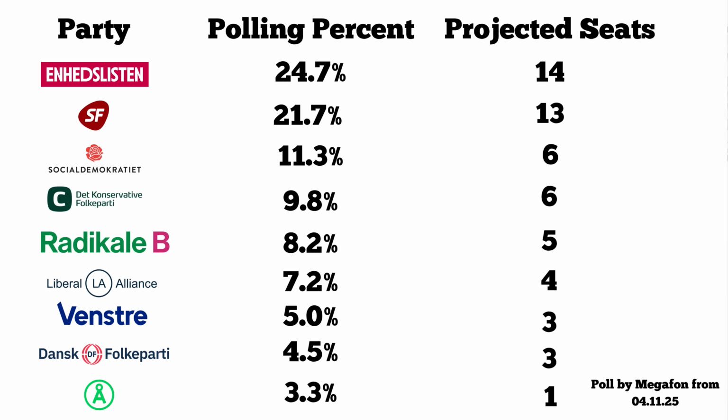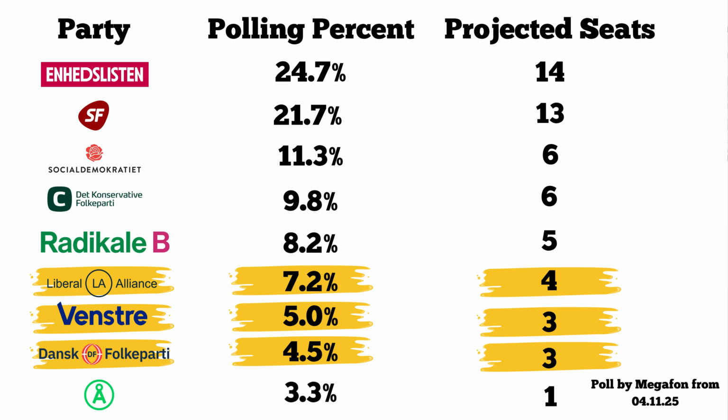But you may then wonder why it's the Green Left and not the Red-Green Alliance that's likeliest to take the top spot, considering the Red-Green Alliance are likely to take the most seats. And that's because the Green Left could, if it wanted to, turn rightwards. Probably not to the stubborn Social Democrats who have said they wouldn't back a government that isn't led by them, but perhaps to the Social Liberals or even the Conservatives or someone else on the right and find support there. That's something the Red-Green Alliance would really struggle to do, with the centre and the right thinking that the Red-Green Alliance are too extreme and dogmatic.